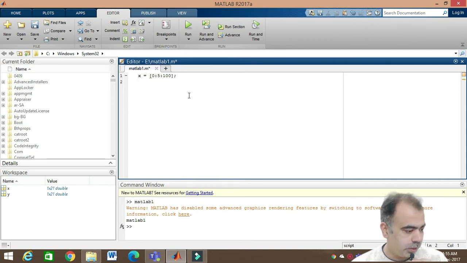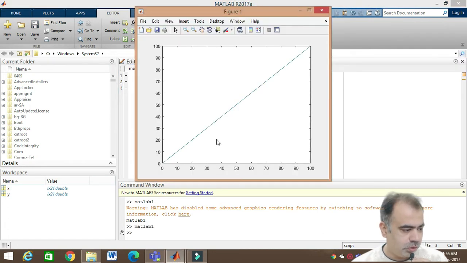So let us start with this. Here I am taking x as a variable ranging from 0 to 100 with 5 as an interval. It means it starts from 0 to 100, with a 5 unit gap between them. Let us put this value x into y and plot x, y. Plot is a command which is used to draw the graph between x and y. Once you do this, you just have to click on run, and you will get a plot of x and y.